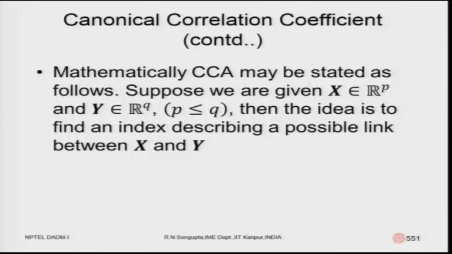So, you want to find out the relationship and to what degree or what power you are able to predict, or basically give some useful information. So, the idea is to find an index such that it describes a possible linkage between the x vectors and the y vectors, where x may be the observable ones and y is what you want to study, or vice versa, whichever you want to put in the studies.